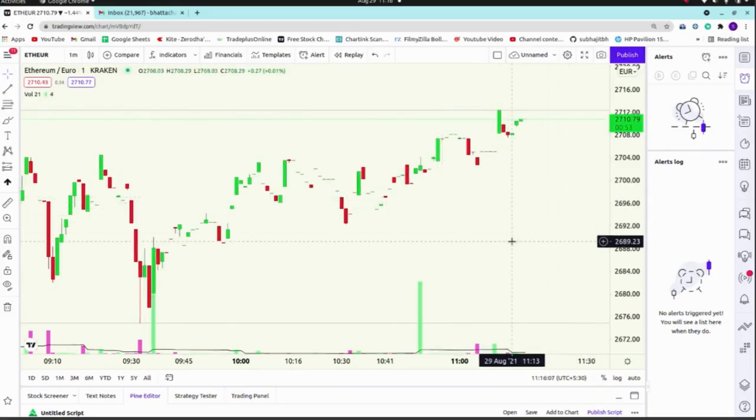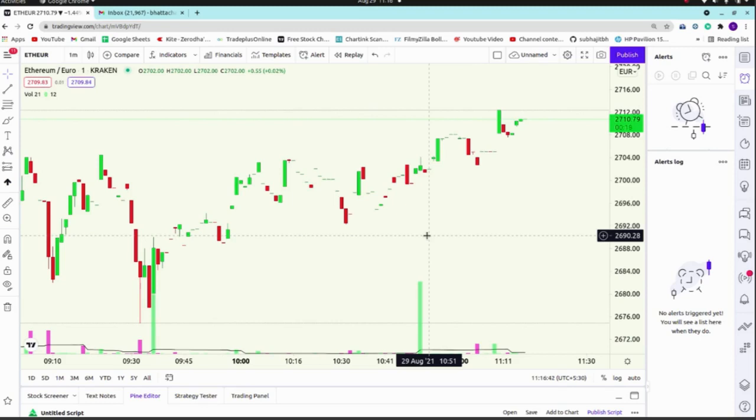Today in this video I am going to show you how you can build a strategy. In a strategy you can define entry, exit and stop loss. So it will be a complete setup if you want to trade. And then we will set an alert so that when the entry, exit or stop loss signal comes, it will notify you via the TradingView platform, or if you are using the Android application of TradingView, then you will get the same notification on your mobile, or you can get the notification via email.